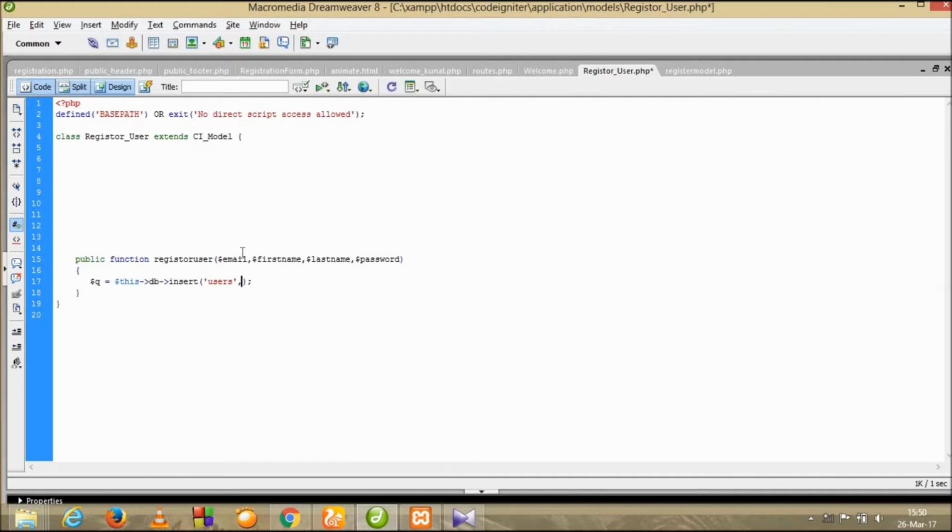So these are the variables holding the values which we want to insert into our database. If you want, instead of writing every time the same query like this,